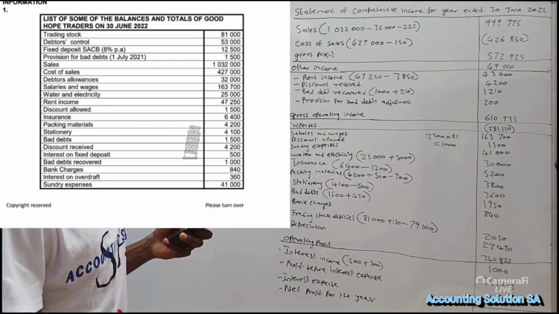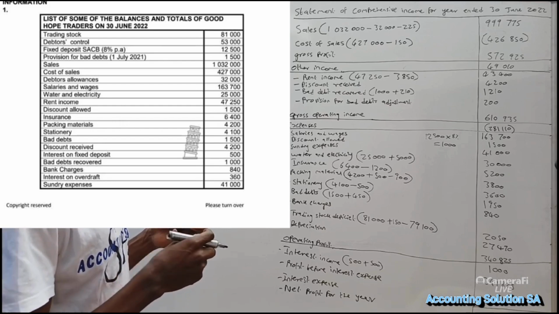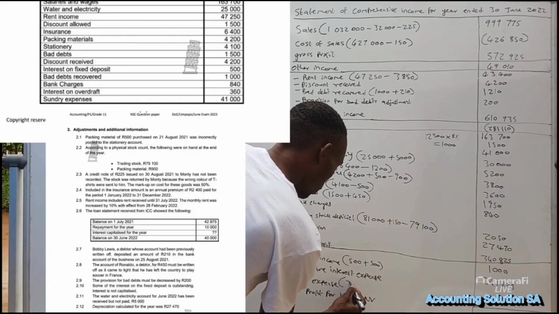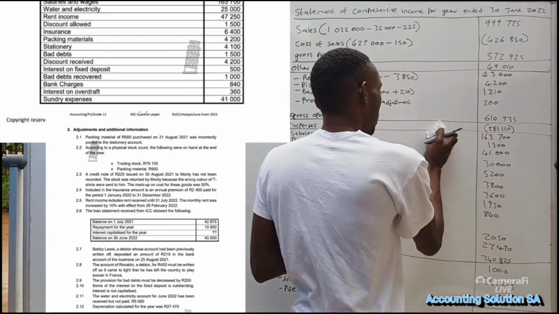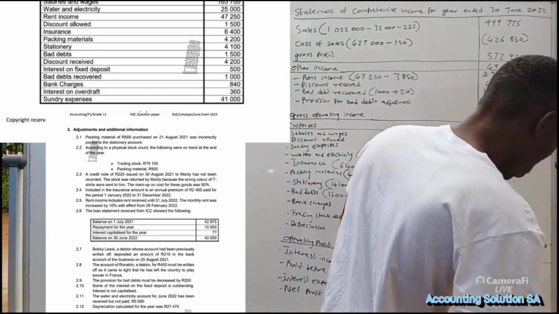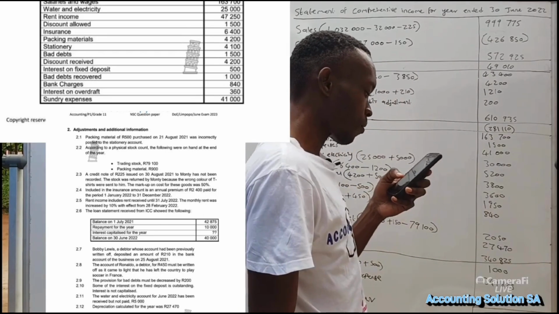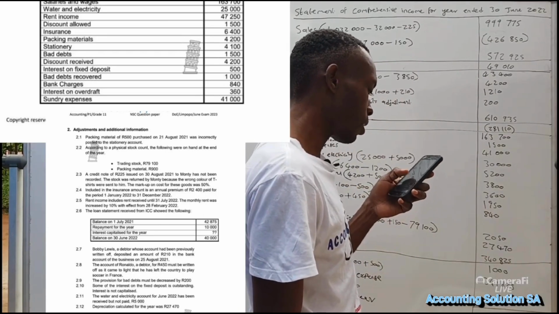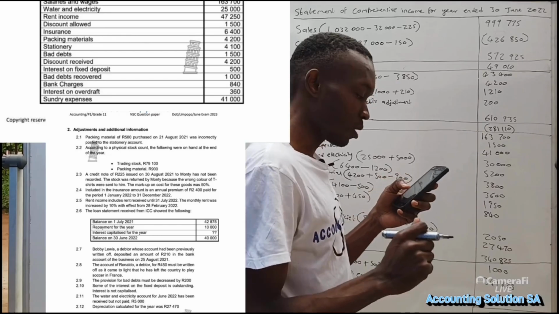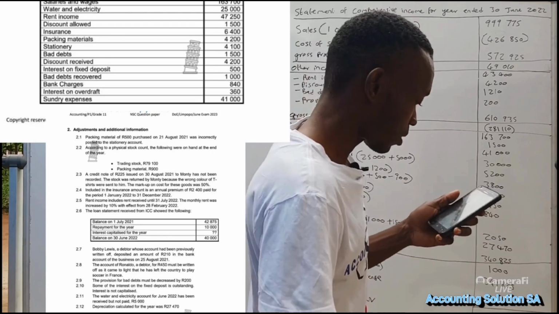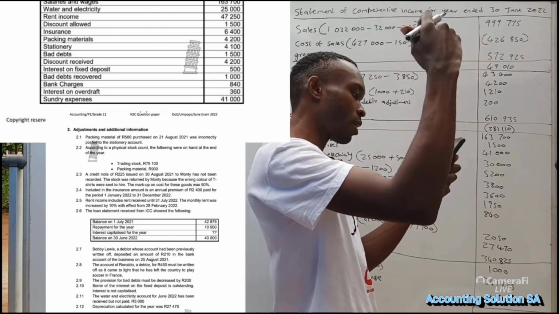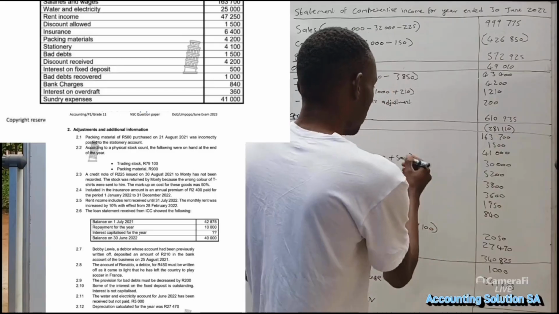Okay, then another one we have, interest expense. Interest expense, the one that we are given is 360. We open a bracket and say 360. Then after that we do a calculation for additional information 2.6. Under 2.6 they provide us information about a loan. They say the loan statement received from ICC shows the following: balance and repayment, interest capitalized is not given. Then another one, they give us the balance on 30 June. This one is very simple, guys. You take opening balance minus repayment minus closing. In other words, you say